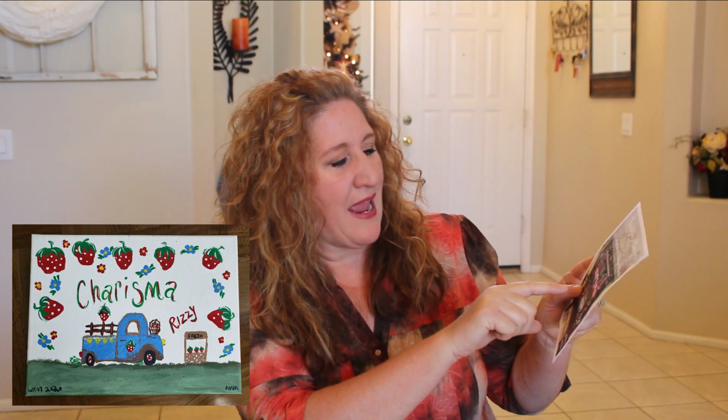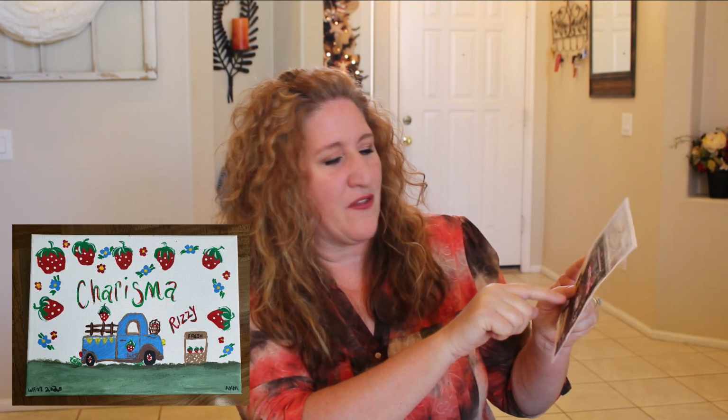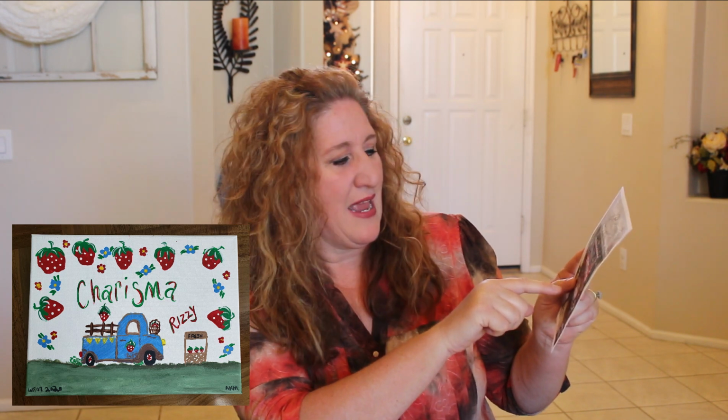But we did, it was a white canvas, so we did the strawberries and some flowers, and then the truck we made blue, and just some little changes, but it turned out really cute, and then we wrote her name on it to give to her. And so that was fun, painting with my son, kind of brainstorming how to pull that off. And then I did some swimming with my grandkids over there, and